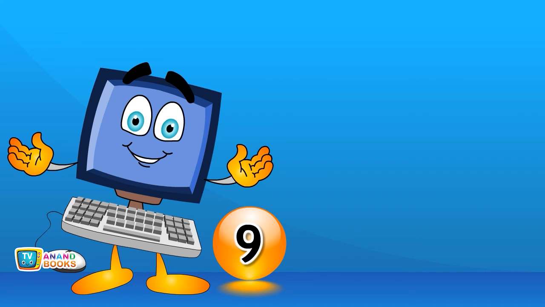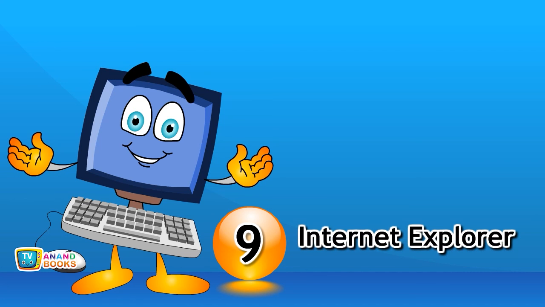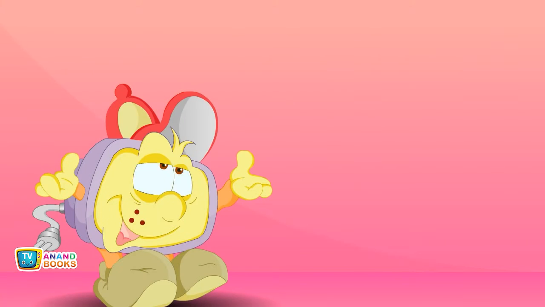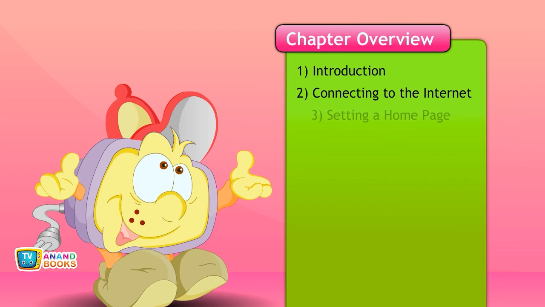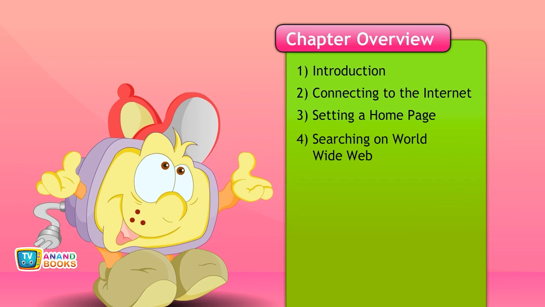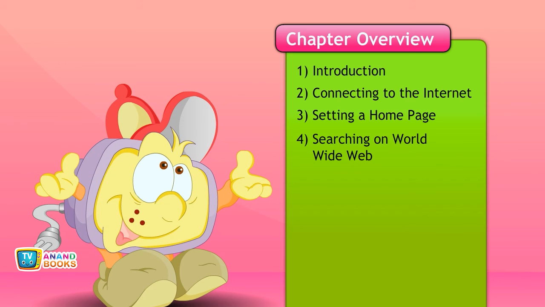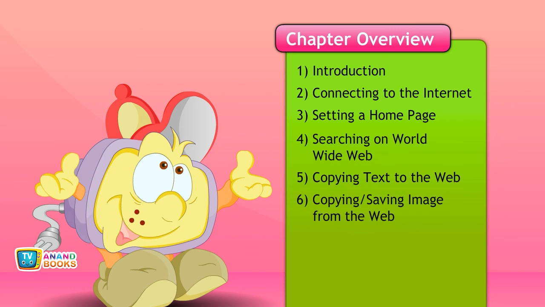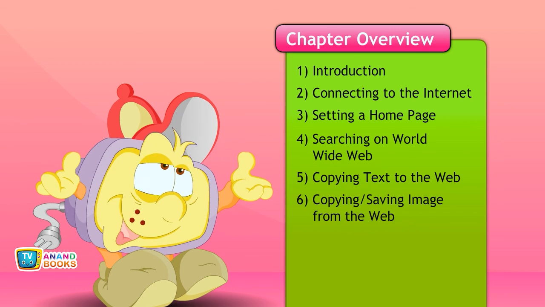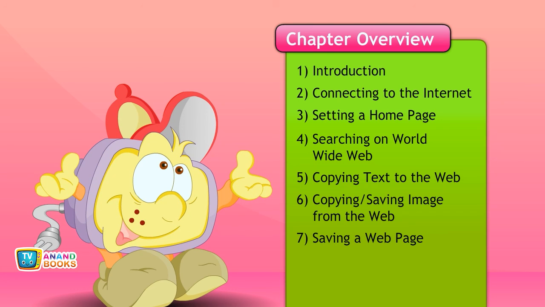Chapter 9: Internet Explorer Basics. Chapter overview: Introduction, connecting to the Internet, setting a home page, searching on the World Wide Web, copying text from the web, copying or saving images from the web, saving a web page, printing web documents,